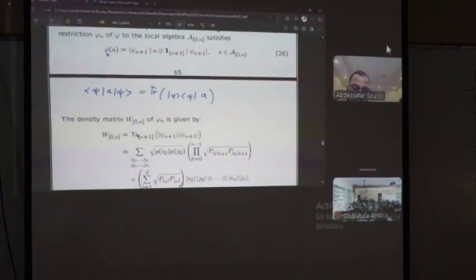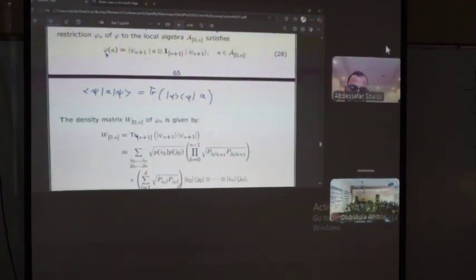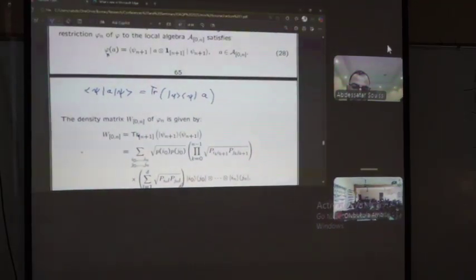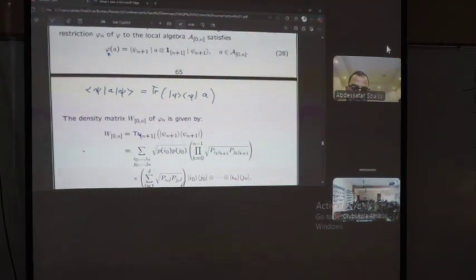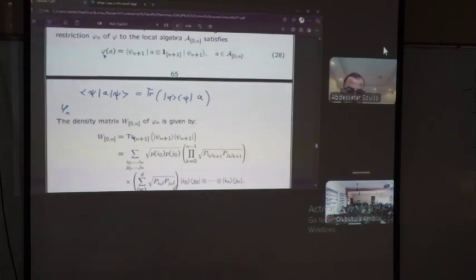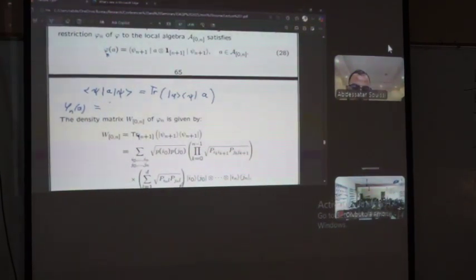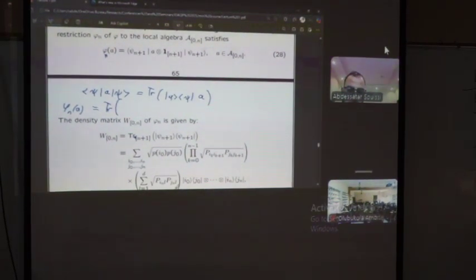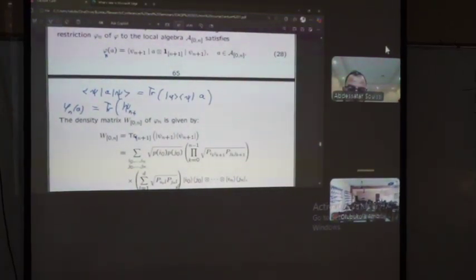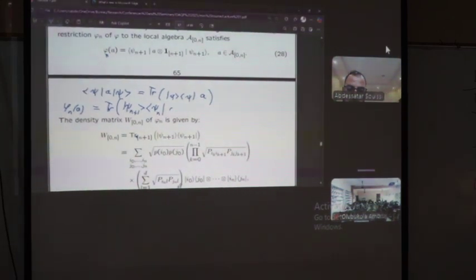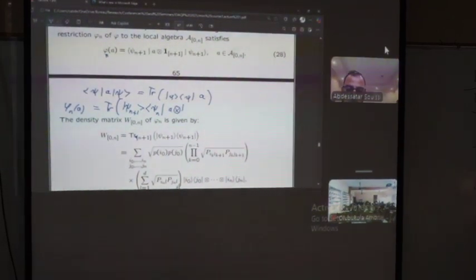Like here, the density matrix becomes the trace of, in this case, phi n of A is indeed the trace of